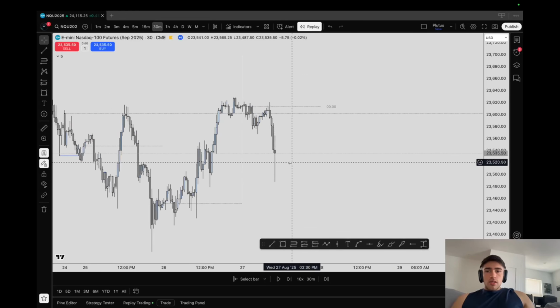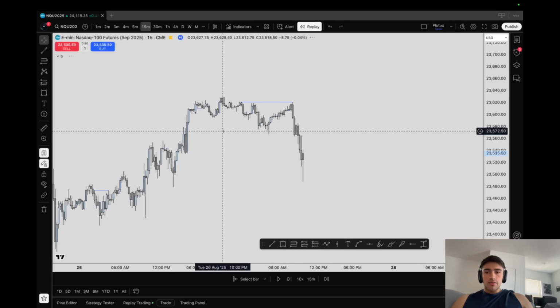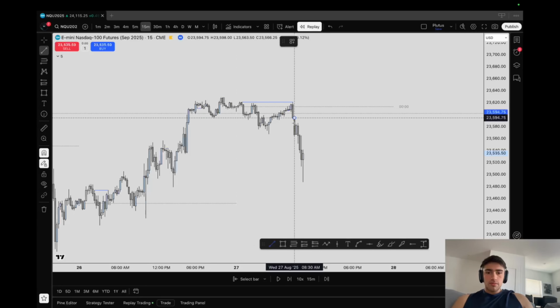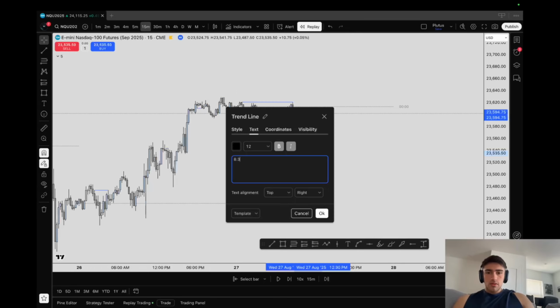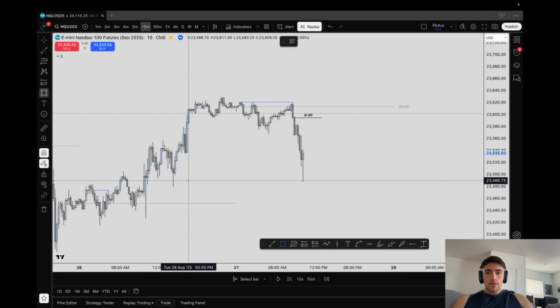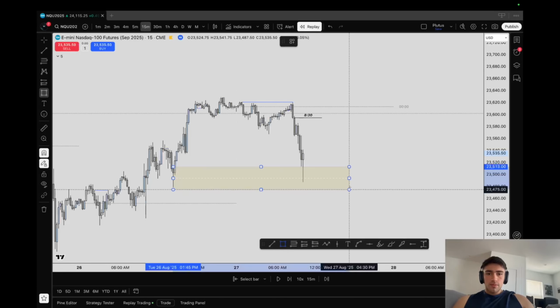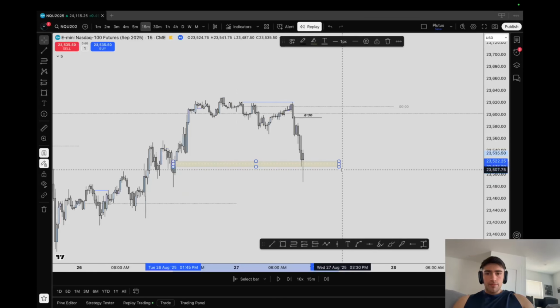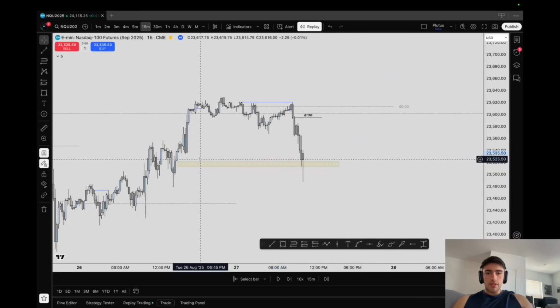So as you can see, let's go on the 15-minute time frame. Let's mark out 830 right here, opening price. Boom. What does 830 do? Opens lower into what? This key level being this 15-minute BISI, right?